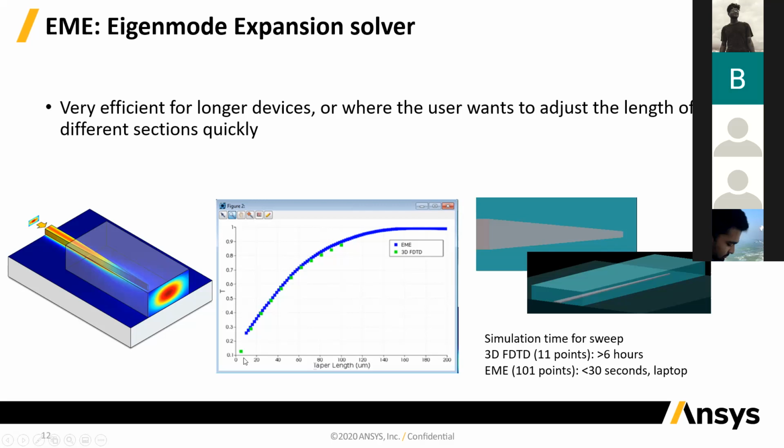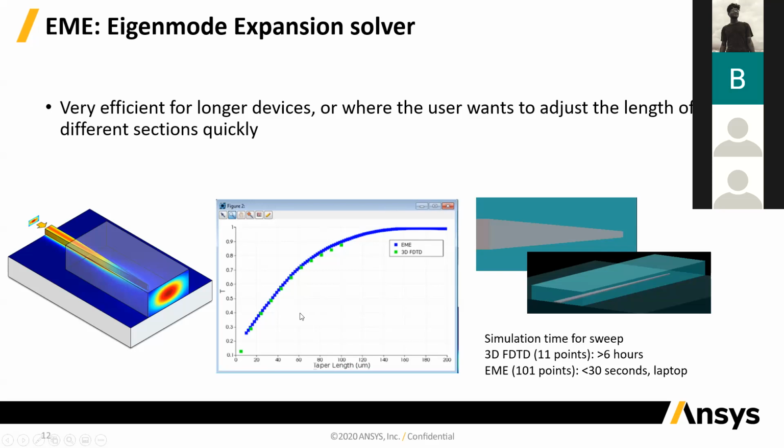And here is the result of a sweep. So we are sweeping the length of the taper, and then you can see that the transmission is increasing with length, and this allows you to figure out the minimum length possible that gives you a reasonable coupling between the two waveguides. And just for some comparison, you can see that for a structure like this, if you want to run simulations with FDTD, again, you have to do a sweep in order to figure out what length is optimum.